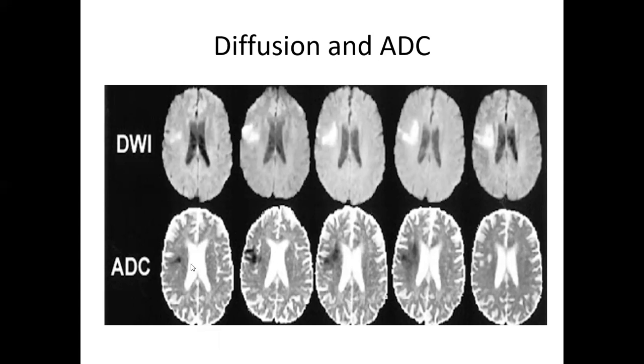To measure this, it is called the apparent diffusion coefficient. What is hyperintense in diffusion weighted image is hypointense in the ADC map. So you can have some value. You can ask your radiologist to please give the ADC value, so that it will be better to evaluate how much it will help in tumor staging and prognosis of the tumor after treatment.